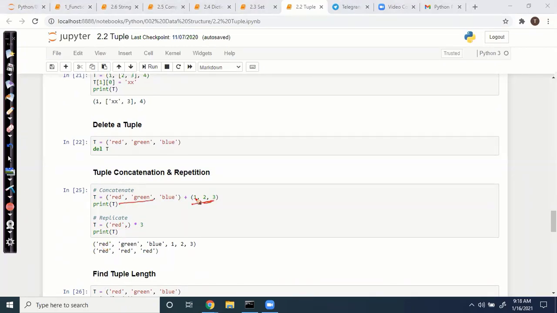Here we have two tuples added using the plus operator. Replication is a special case only. Concatenation is likely to be used in real business cases, but this one is not needed.